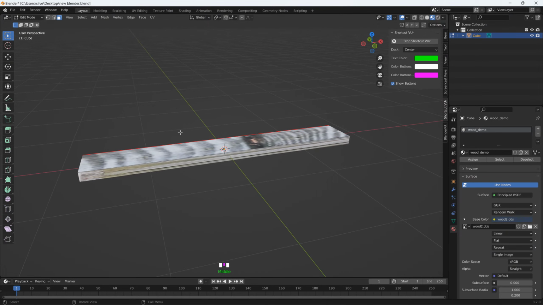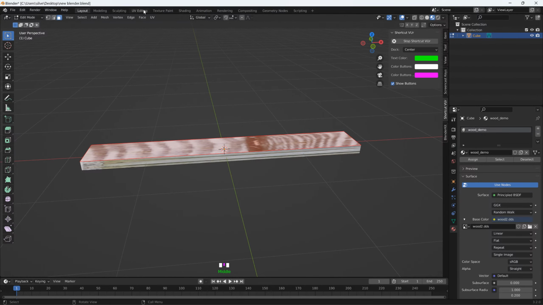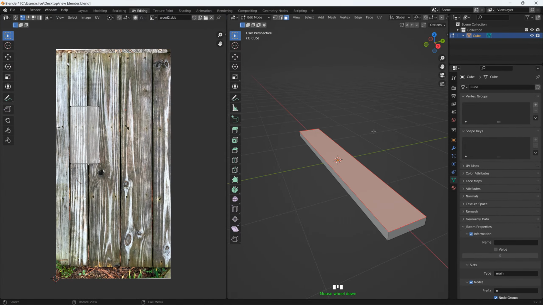Now the reason we applied all transforms a minute ago is because this object is no longer a perfect square box. We stretched it and whatnot. So when we go to UV editing, which is where you get your textures fixed, some genius at Blender thought, well, if you're working on these textures, then you don't need to see what you're actually doing. So they made it switch back to solid shade view for whatever reason. Hold down Z on your keyboard and go to material preview so you can see what you're doing over here. It's just an annoying little thing you have to do every time you do this